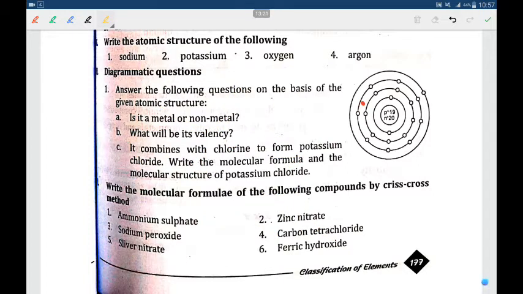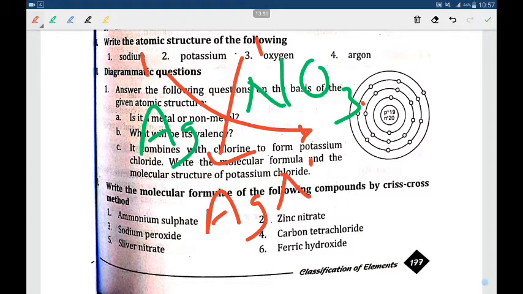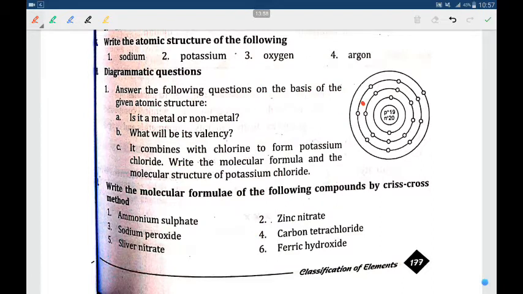Now students, silver nitrate. Silver is Ag, nitrate is NO3. Okay, silver is Ag, nitrate is NO3. Valency of silver is 1. Nitrate is 1. Criss cross. Then what do you get here? AgNO3. This is the molecular formula of silver nitrate. Right? Now next one,